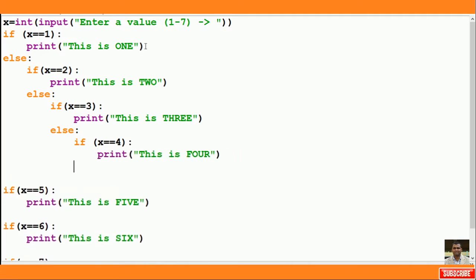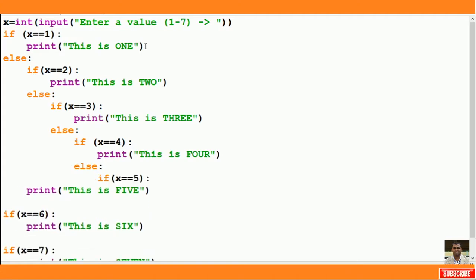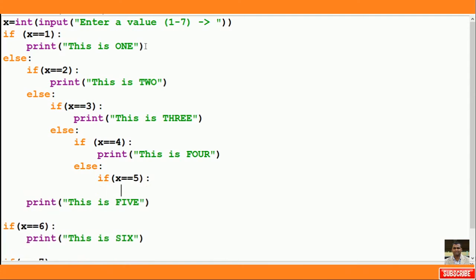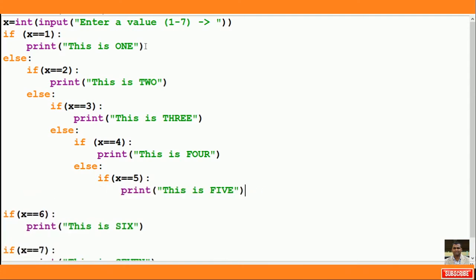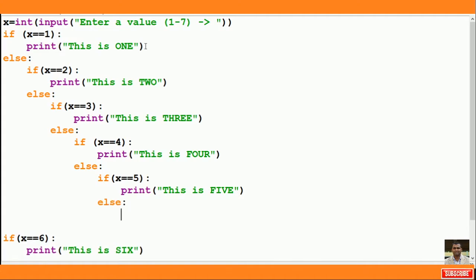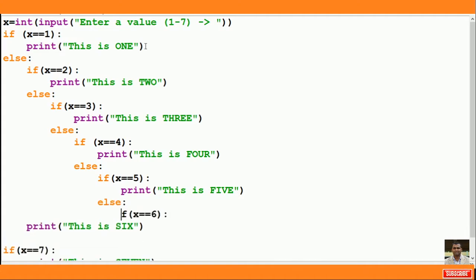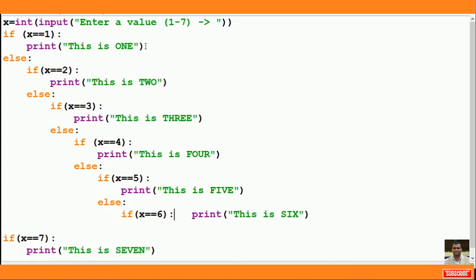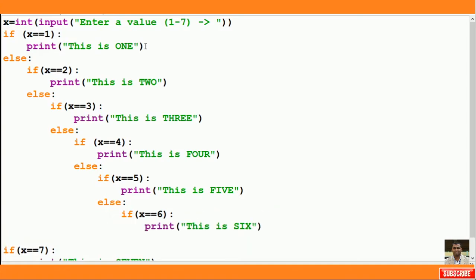Then again I am going back here and I am writing the else part. Now I am supplying 5. Then next I am going for the else part. You see, we will reduce the error done by the program's first part, if without else. So that we are going to remove by using this else here. So again I am going back here, again writing. You see, if x equal to 6, print 6.